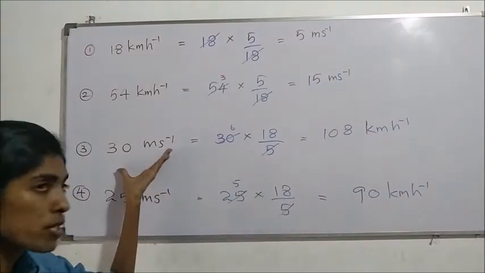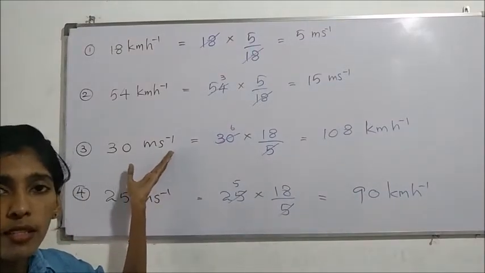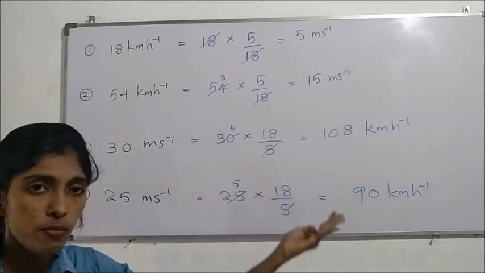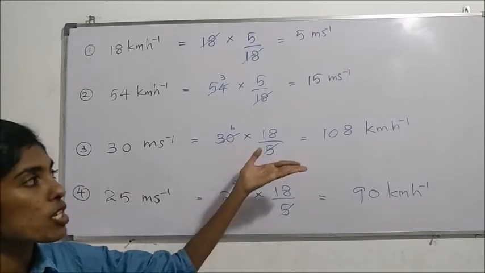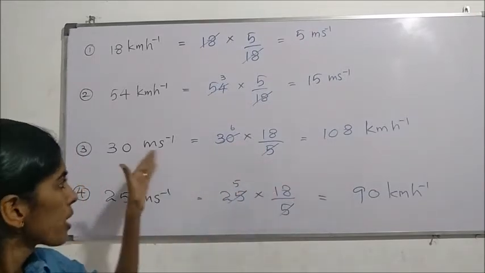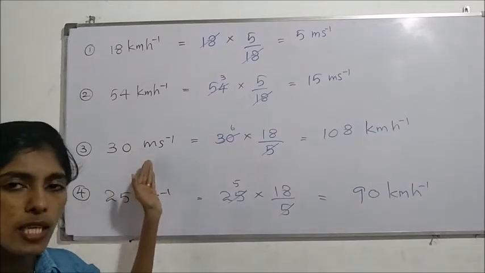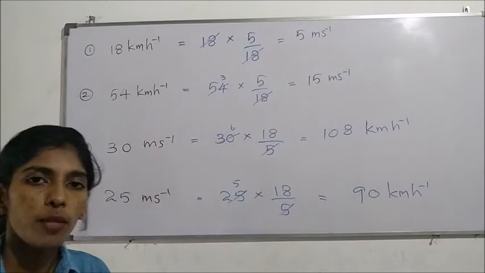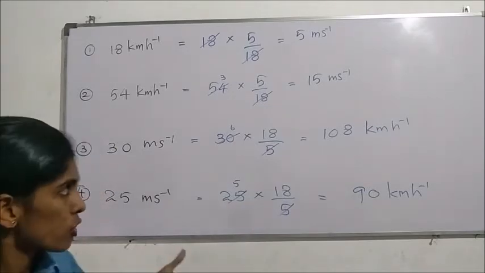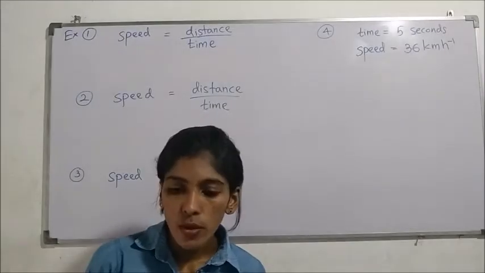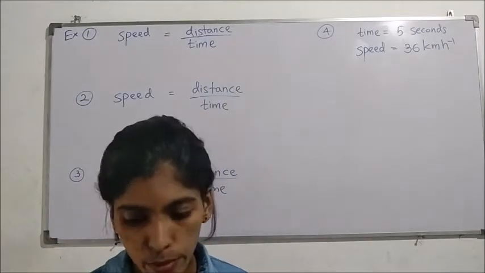Sometimes you may be given the speed in meters per second, but the time is given in hours, or the distance may be given in kilometers. Totally different units, no. So you better convert the meters per second into kilometers per hour. Thereafter go to the question with the help of the formula. Okay, that's why we need to learn this conversion thing. Now we will go to the examples in your textbook.